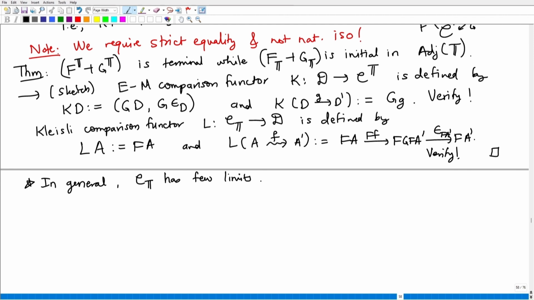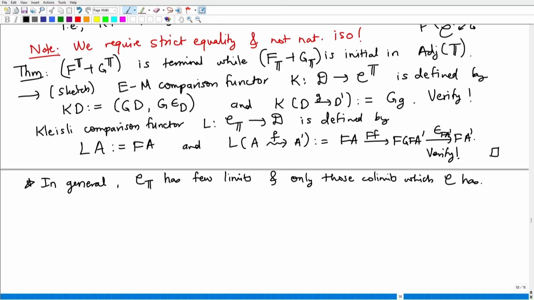Co-limits are going to be preserved, yes, and only those co-limits which C has. You understand this because there is an adjunction, so F_T must preserve co-limits. But that doesn't necessarily guarantee that it has few limits and co-limits in general,